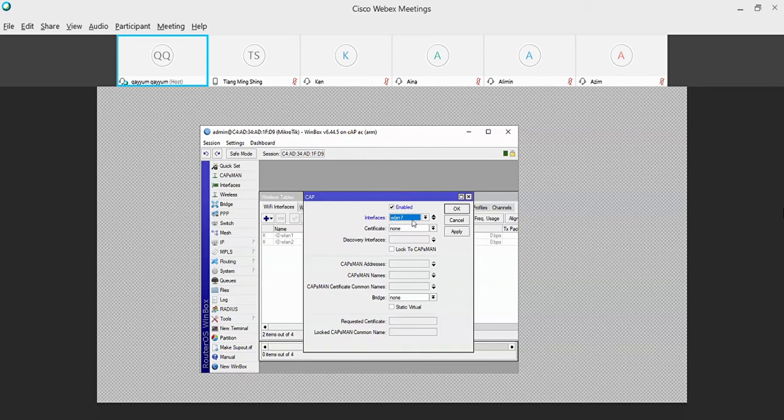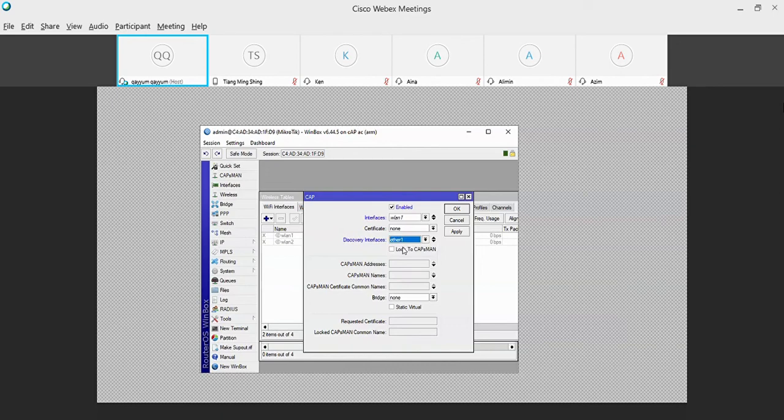So I select interface WLAN1, and the discovery interface is the physical interface that will be connected to the CAPsMAN manager. This CAP has dual interfaces, port 1 and port 2. If port 1 is connected to the MikroTik router, you choose port 1.